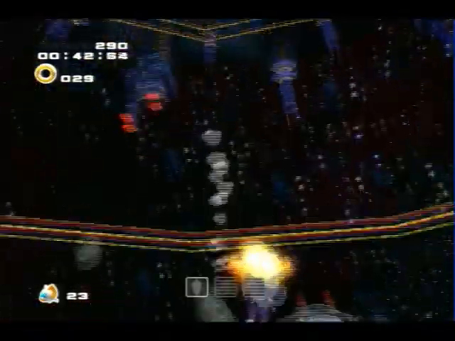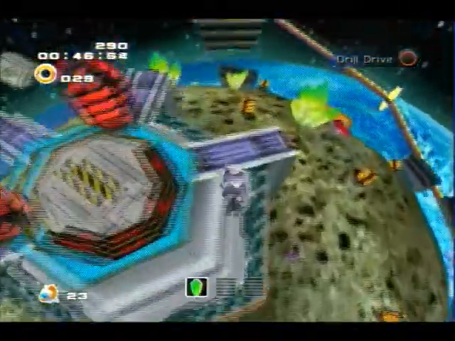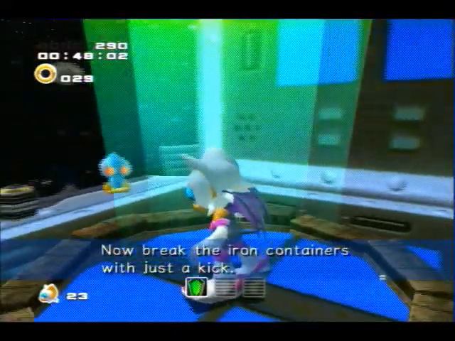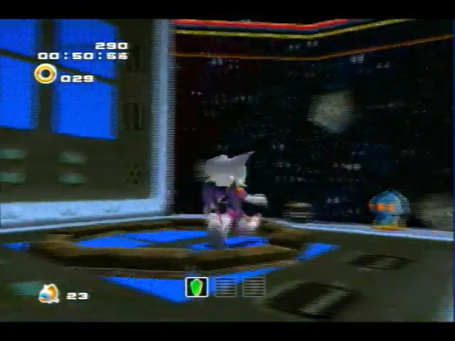Rouge's, let's see where they are. That's the name of them. Her hammer gloves are right in here. Iron boots increase your kick attack power. Now you can break the iron containers with just one kick, just like Knuckles,